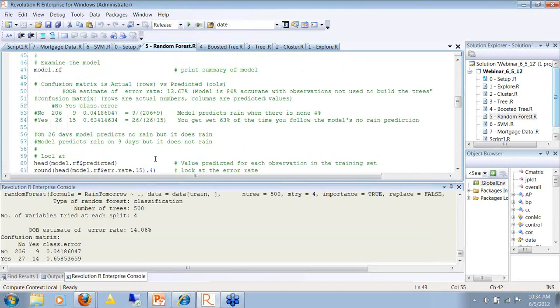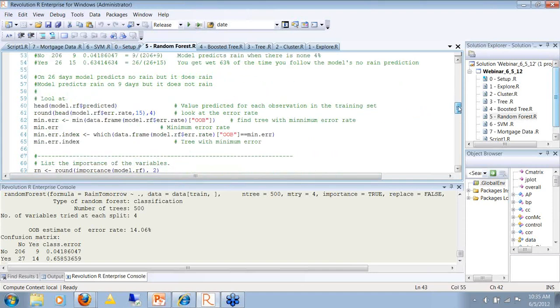Here I indicated some interpretation of what the confusion matrix means. So over here you see what this 4% means: if you take these ratios, 9 out of the times it predicted yes, over the sum of what's down here in the denominator, you see that the model predicted rain when there was none, 4%.